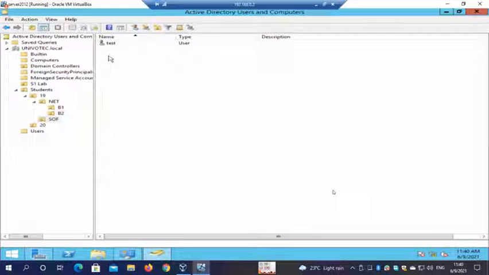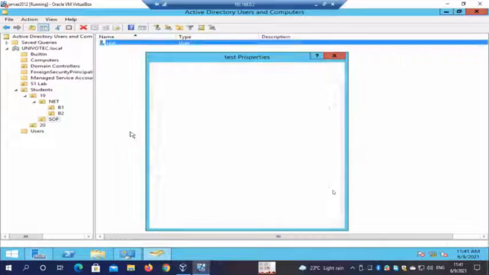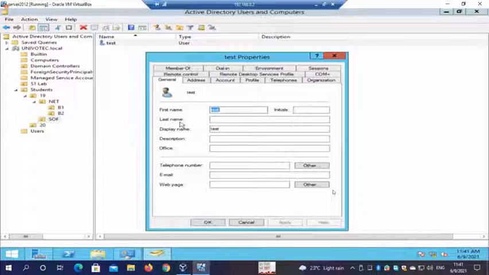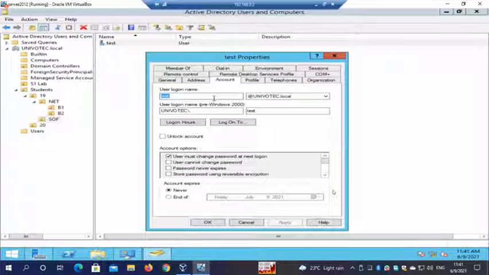Now this is a user, right? Now check the properties of this. See, a lot of properties. So address, account. So this was not there in that contact, right? So this is a login, username and password. Everything is here, right? So this is the logon username to the domain, right?